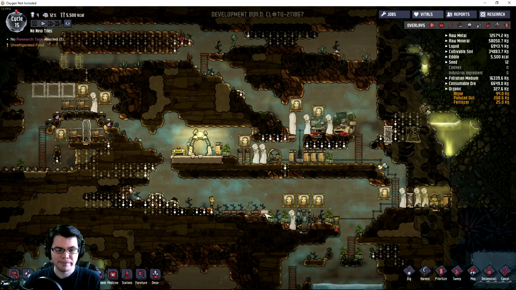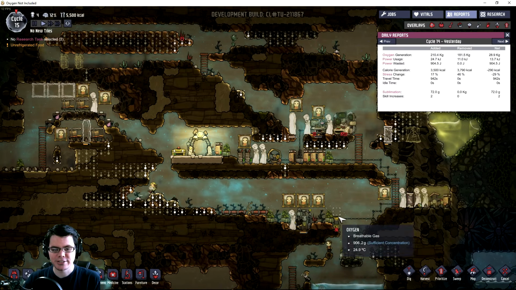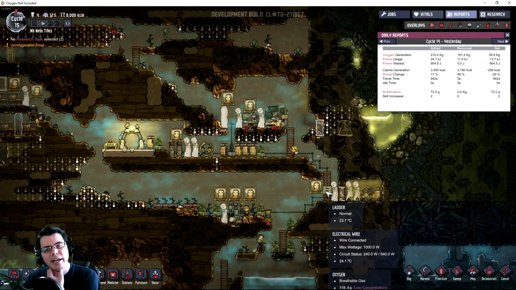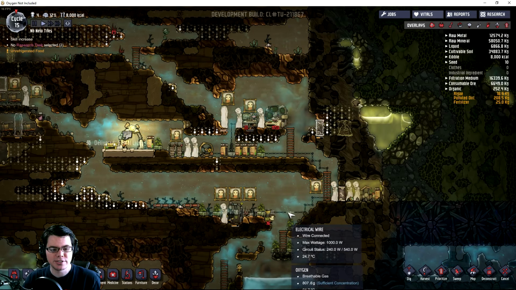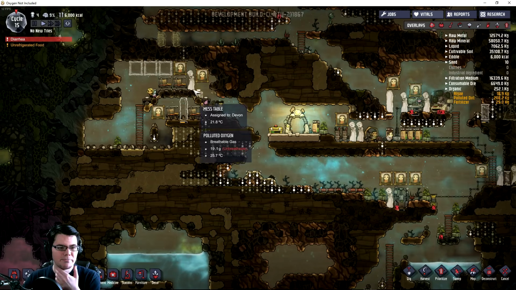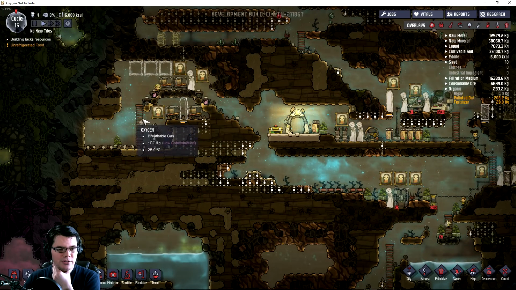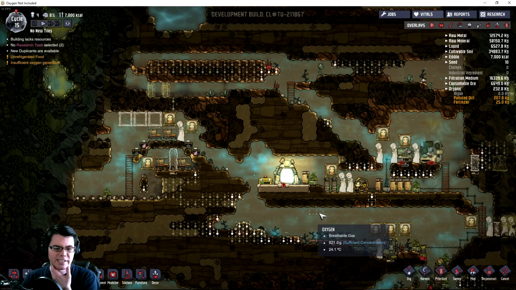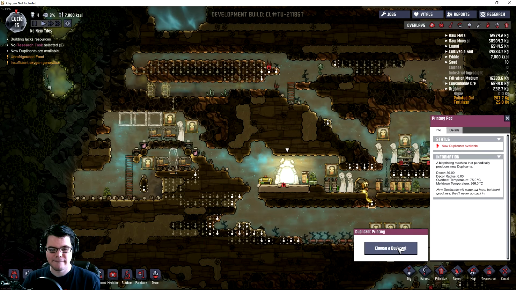It's working alright. I think report-wise, I'm not actually using any deoxidizers because I don't have enough to make that happen. I am producing more than I'm using, so... Yeah, this strategy of having the mess table over here and then having a bunch of decor around it, that's working out. I think I'm going to have to start looking at this for another duplicant, so...